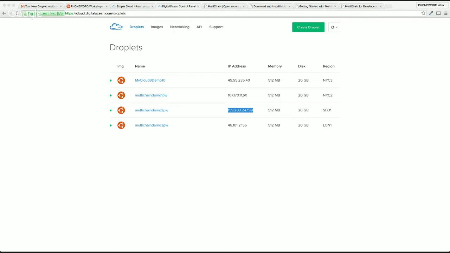Okay, there's the correct IP address for node 2. Hit enter, and